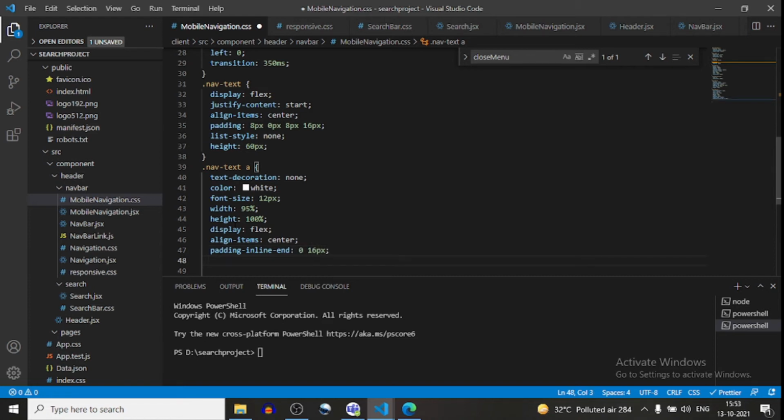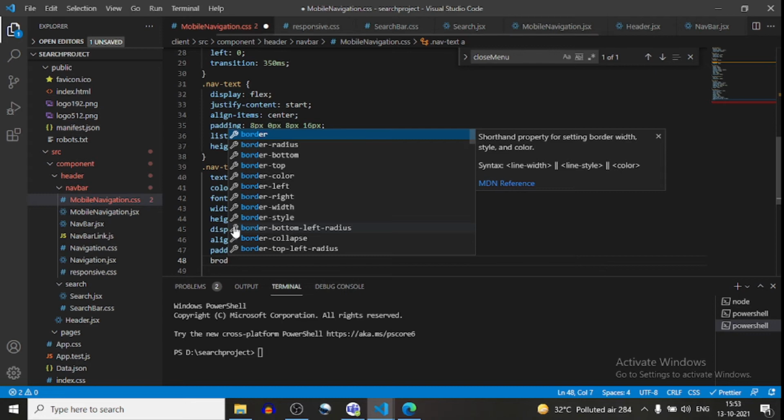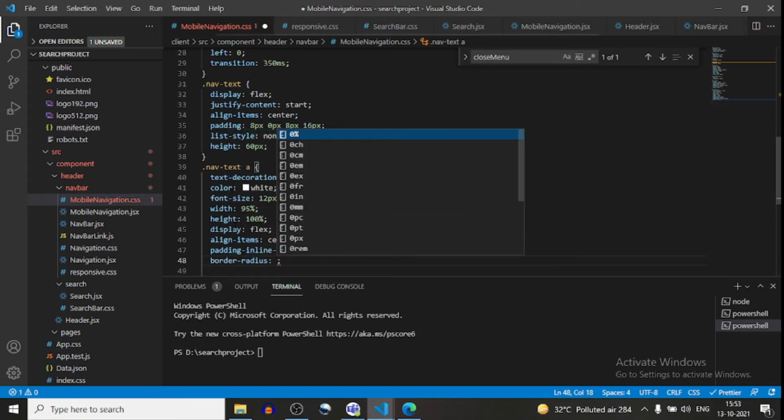Okay, and border radius will be 4 pixel.